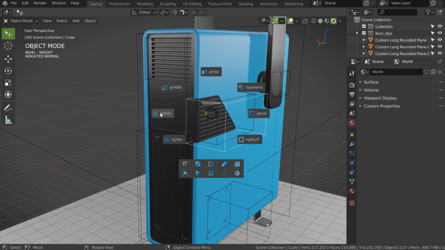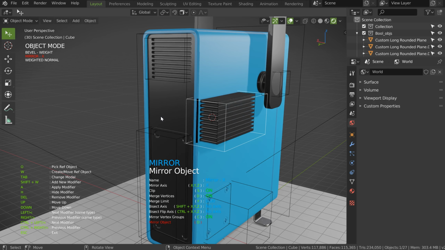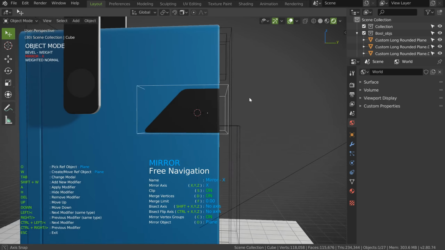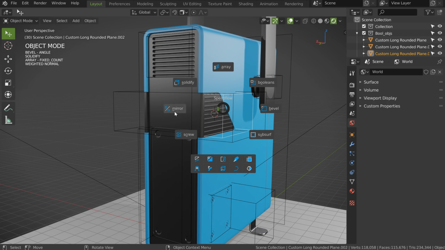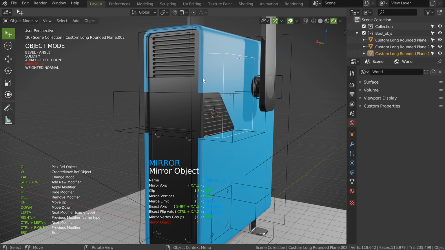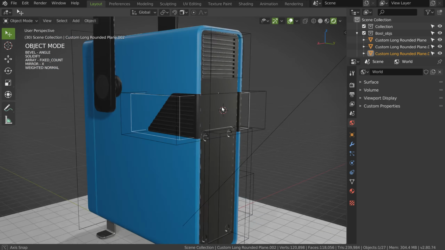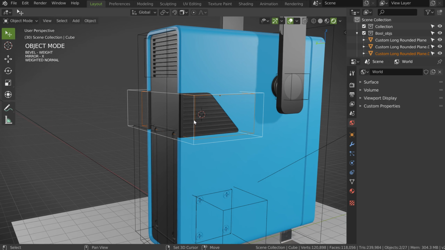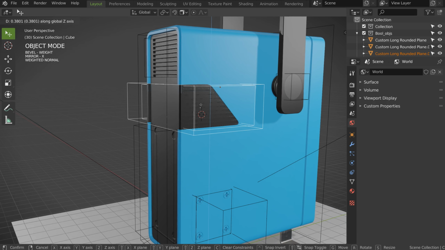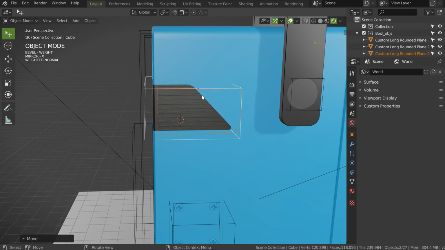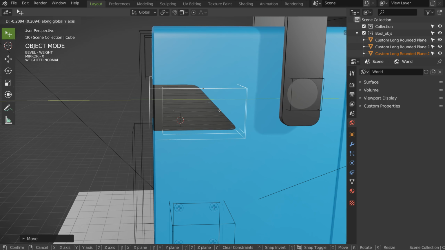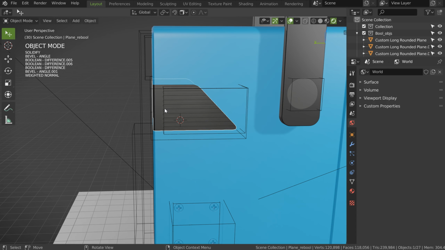So what I can do is select this one first. I will add a mirror, I will press O, and I will select this one. So that created this. I will do the same for this one. No, just select it. Mirror. In fact, I could have selected both, and that's it. And maybe move them a little here. Yeah, this is nice. And if I move it a little here, that will give me this.